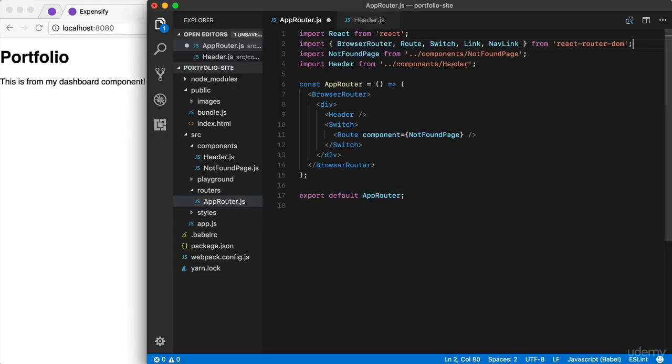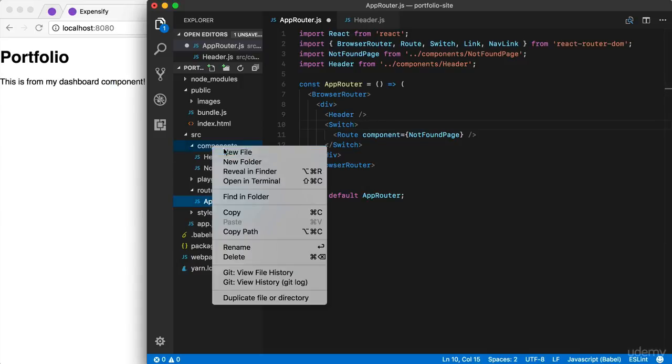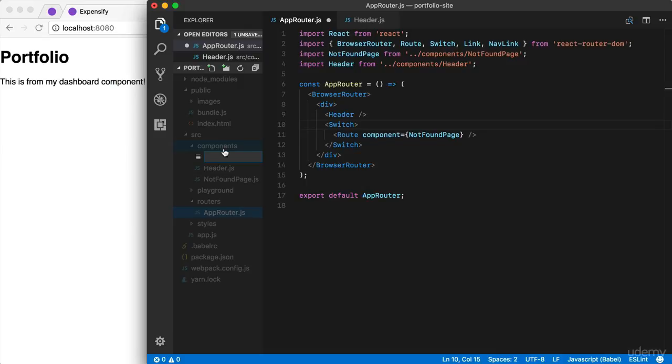So I'm going to kick things off by switching over to the portfolio site project, and I'm going to build up the routes here before I worry about linking to anything over inside of the header. So step 1 is to create a route for that home page. I'm going to create a new component. You might have called it something different. I'm just going to be calling this one